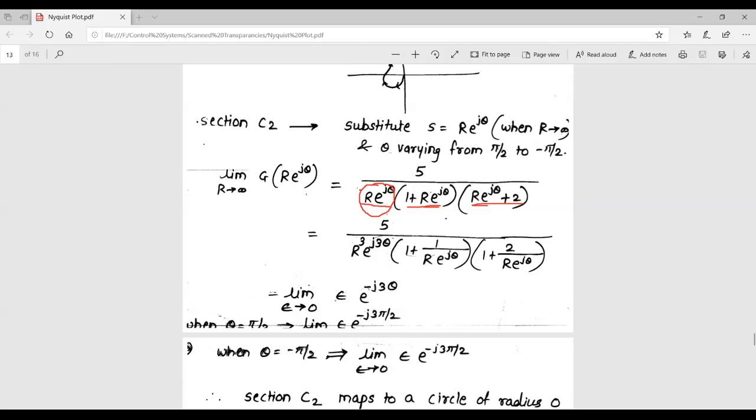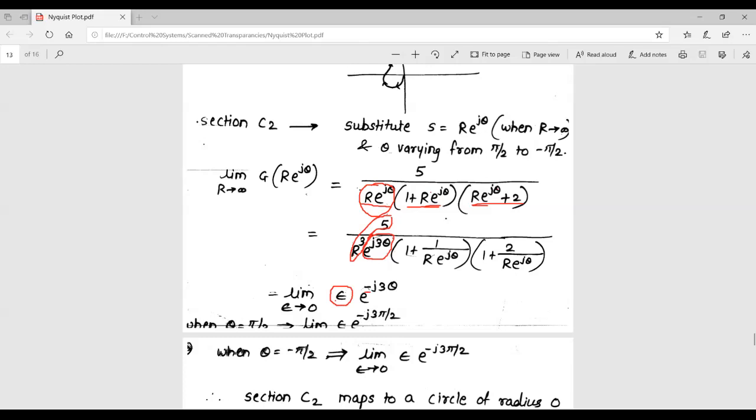We are converting it into standard time constant format. Okay. So now if you consider this 5 upon r cube, r tends to infinity. And that is why 5 upon r cube is going to be very small. So we can consider it as epsilon. Okay. And so by taking this e raised to j 3 theta term in the numerator, we get